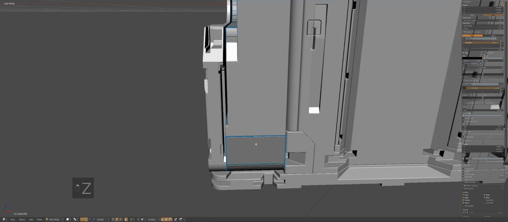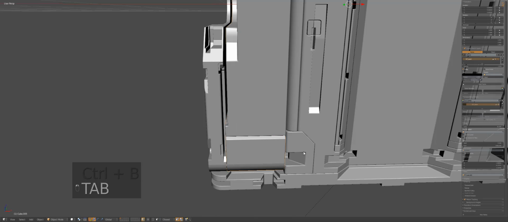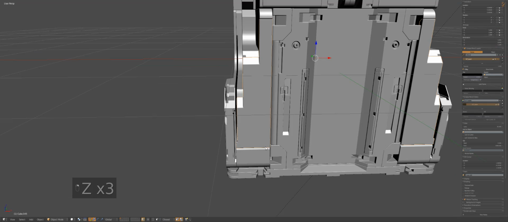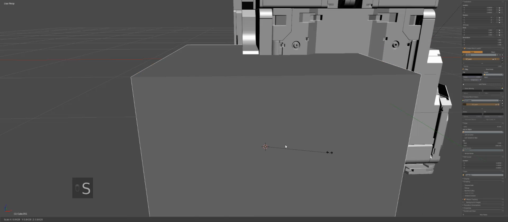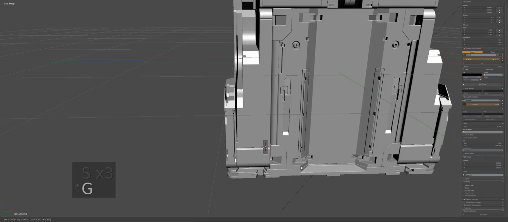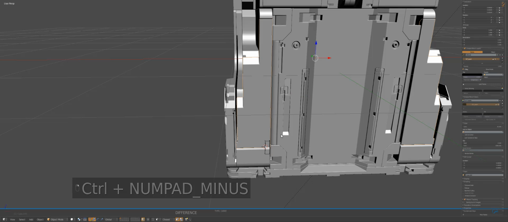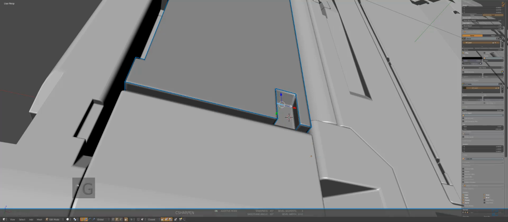So right here, we're just going to bevel that edge, and right here we're just going to put another tick in. Sometimes I just see things that I have to change, no matter what, just because it irks my eye. So we'll just put a little tick there. C sharpen. We'll pull this down,